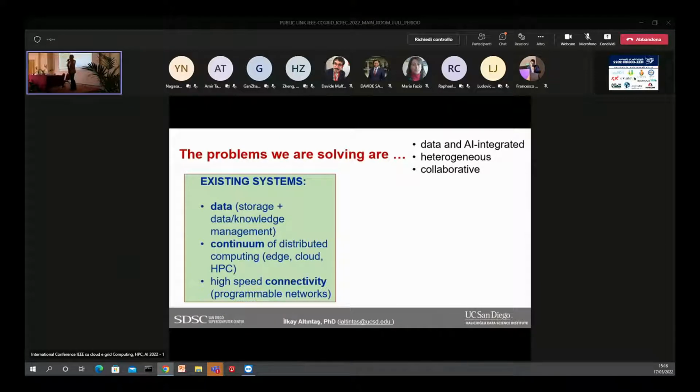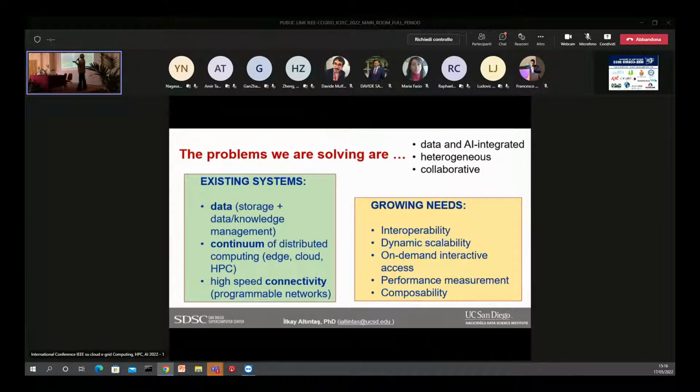management. We are talking about, in these systems, a continuum of distributed computing: edge, cloud, HPC, everything in between, networked computing, and high-speed connectivity. So distributed computing, but with higher speeds and with actually software-defined functionality that we can program these networks. And as we look into the applications and how applications are developing needs for these systems, we are thinking of interoperability of these systems, dynamic scalability across these systems, on-demand interactive access when we have a lot of